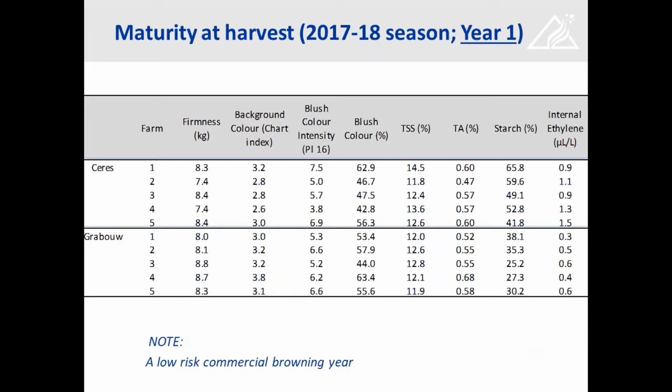what I'm showing here is the maturity at harvest in the first year of the study. Just important to note that the first year of the study was a low-risk commercial browning year. If you look at the maturity of the 10 populations, 5 per area, that was included in the study, it's important to note that the starch breakdown in the 2 areas varied. I won't go into too much detail, but the logistical arrangements for 10 populations to be step cooled for 30 days in the same cold room